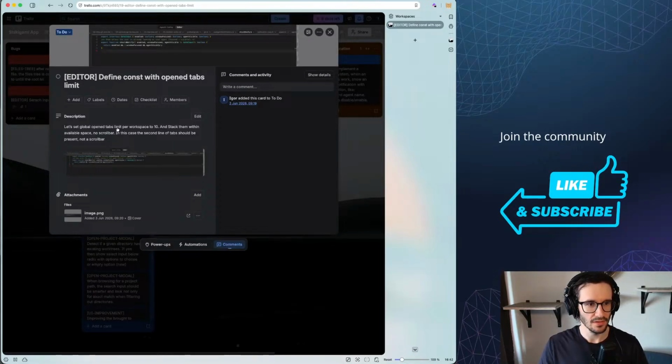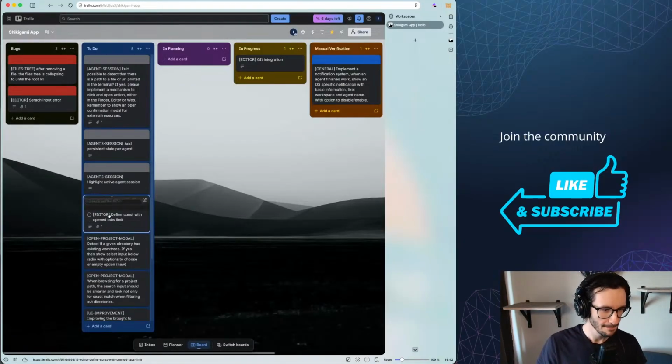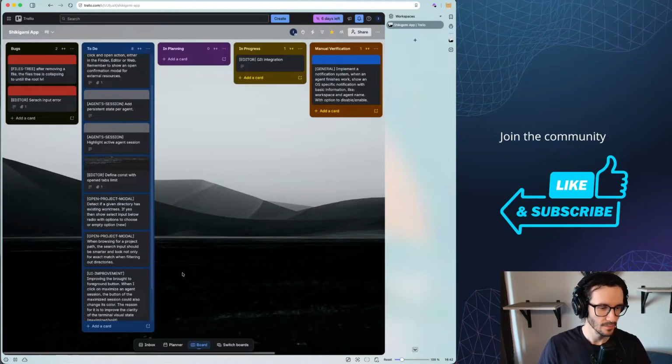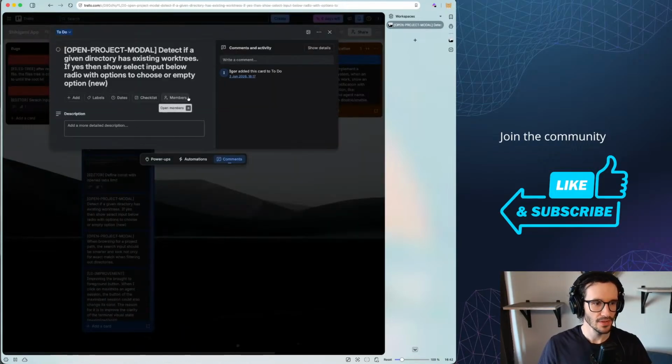Then for the editor space, for sure it needs to have a max limit for tabs. I'm going to show you that in a minute. Yeah, then that one.